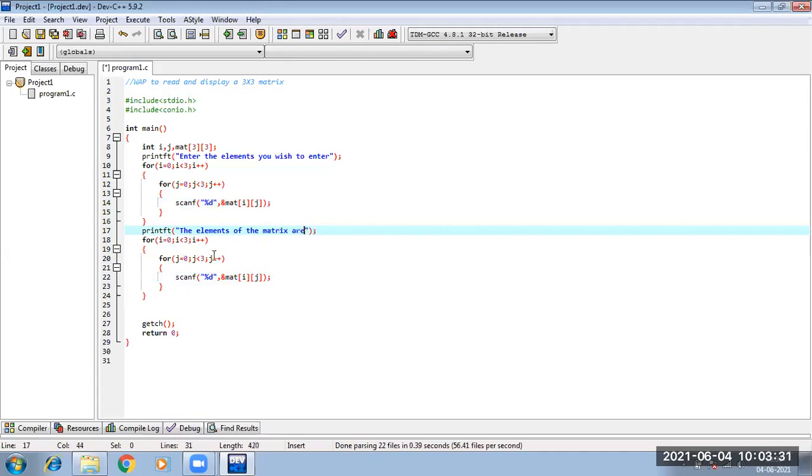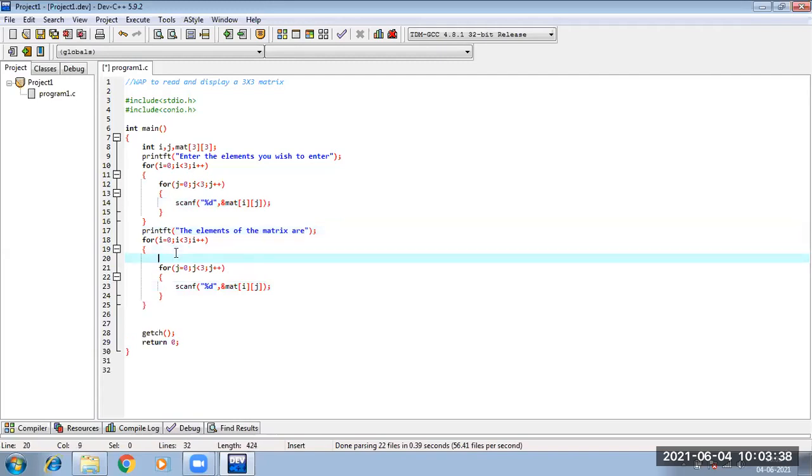So same for loop I am running, same inner loop j, same outer loop, and in between I will just print my elements in the form of an array.